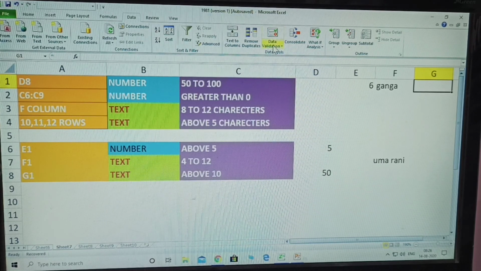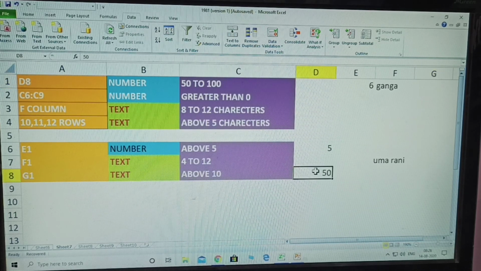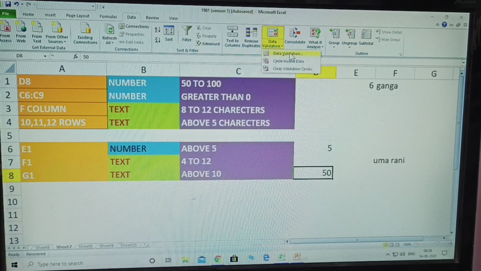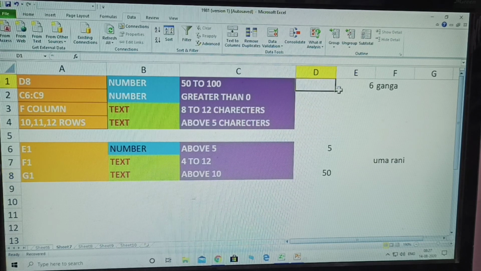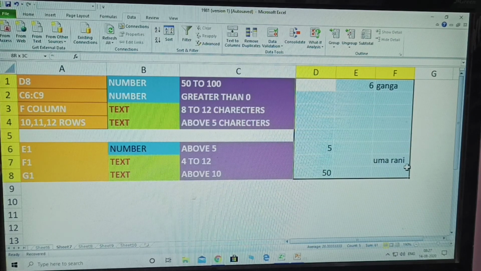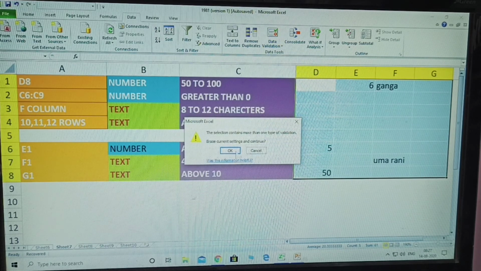Next one, how to clear this. Okay, first condition in this one, remove their data validation and settings there. After that, clear all. Okay, clear all, click OK. Next, directly select all conditions, data validation there.